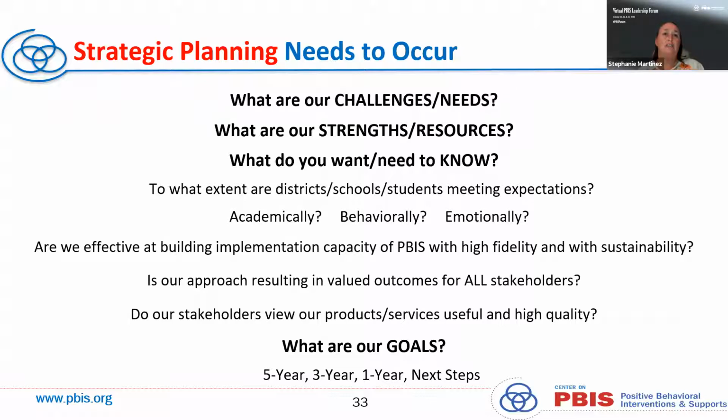So a lot of these questions here to think about when you're starting to implement, but also thinking about how you can get the buy-in from the faculty and staff at your school, but also getting the buy-in from all your stakeholders. So getting input from your families and your students throughout the process as you develop your school-wide system and putting it in place. And ultimately, what do you want to get out of doing PBIS at a tier 1 system? Is it reduction of discipline referrals? Is it improving school climate like the survey that Heather showed? Or is it also to reduce the amount of time kids are out of class to improve academics? So having upfront what those are so you can share those with the stakeholders is really helpful.